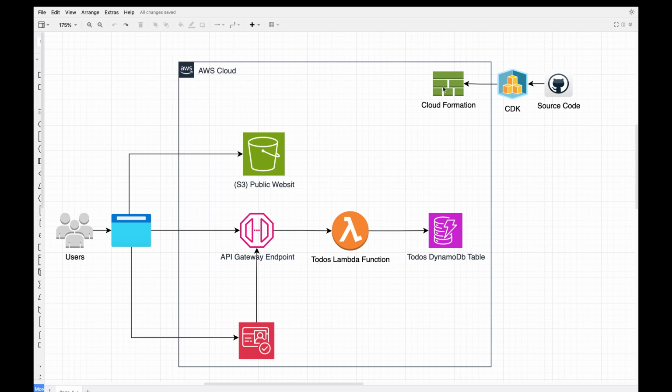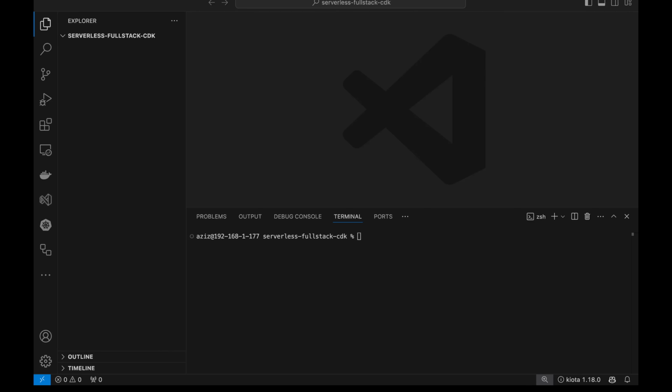This makes it easy to scale and maintain the entire system. Now that you have a clear understanding of how different AWS components like S3, API Gateway, Cognito, Lambda, and DynamoDB all interact together in our serverless architecture, let's dive into the code and build the backend first using